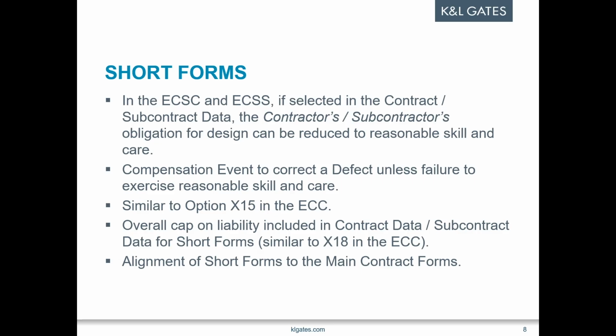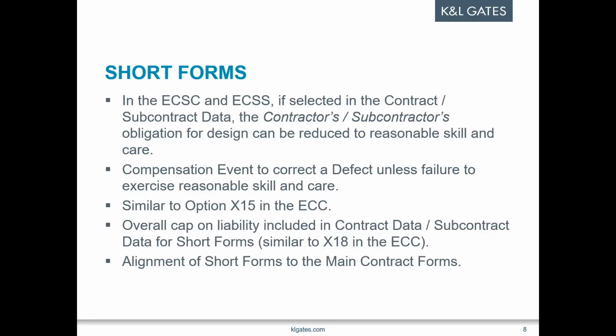Now, the default position under these clauses, without this option being selected, imposes a kind of fitness for purpose obligation in relation to the design carried out by the contractor, which is a strict absolute legal obligation which, unlike the requirement to exercise reasonable skill and care, doesn't necessarily require the contractor to have acted negligently to be in breach. These fitness for purpose obligations are usually quite regularly uninsurable, and for that reason the obligations are regularly negotiated out. Nobody really wants to be working with a void professional indemnity insurance policy. It's no use to either party.